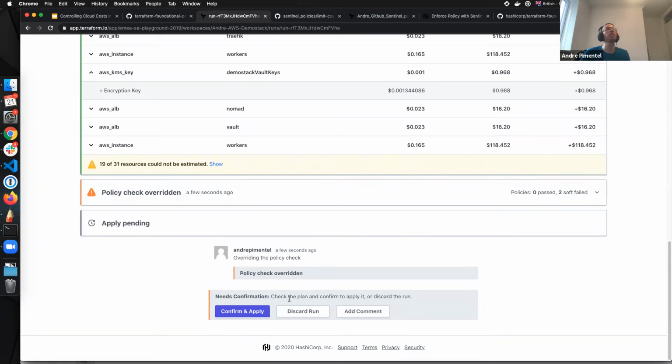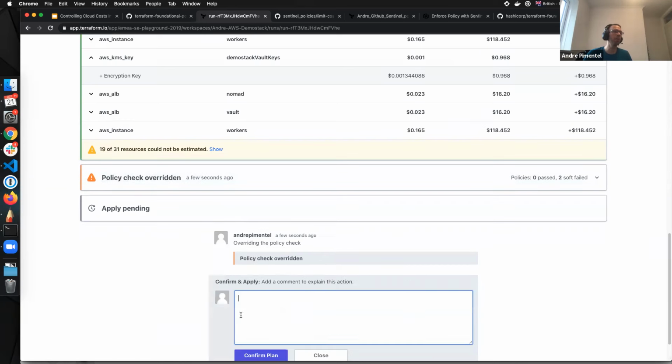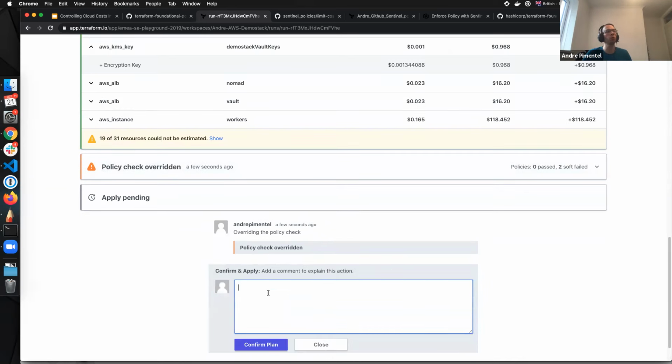But then I still need the apply confirmation step. As when you run Terraform open source, are you sure you want to deploy that? Yes or no? Here it's the same. We can actually do this using the API, but I am using the GUI just to show you that we can do that on the GUI here.